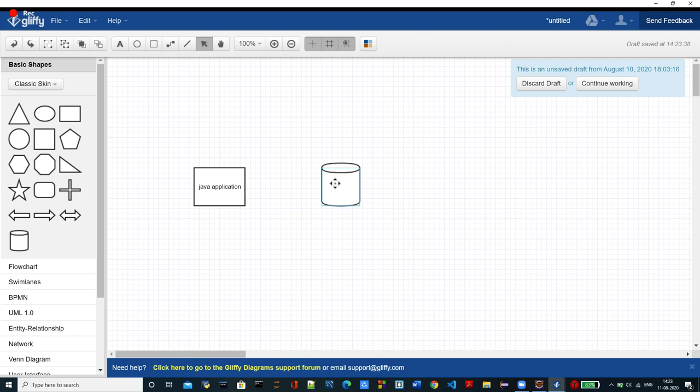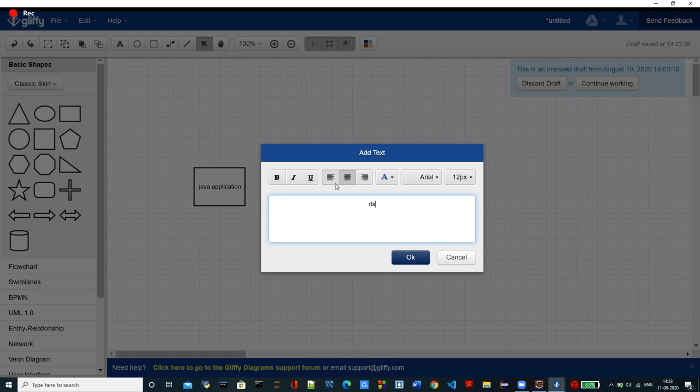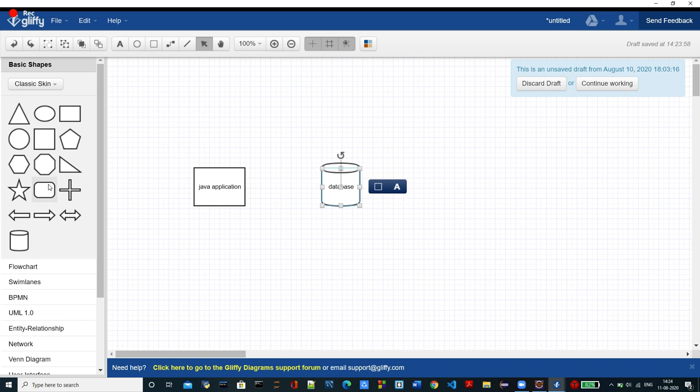And this is my database. And let's say if we want to connect our Java application with the database, so what do we need?